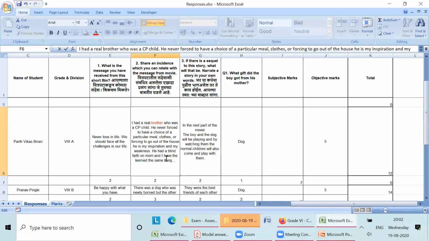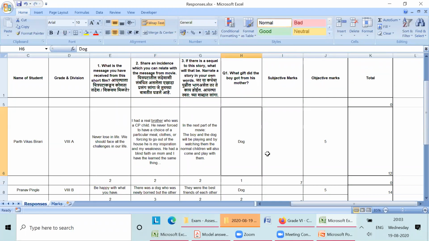Do we have to show the mistake like this in each and every answer? At least for letters and compositions, yes. Or you underline it at least. If you don't want to play with the color, then what is the correction? How will you remember why you've given 2 marks there?